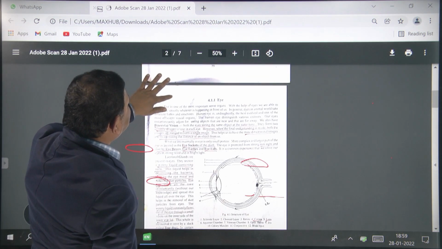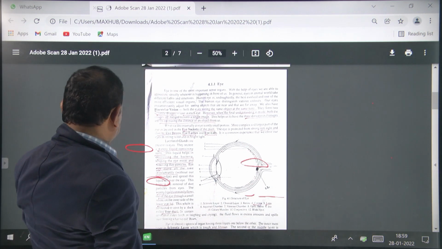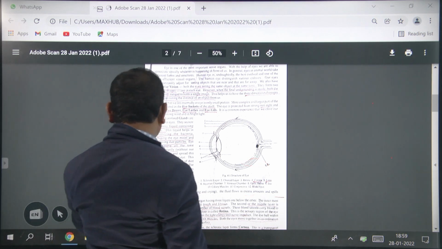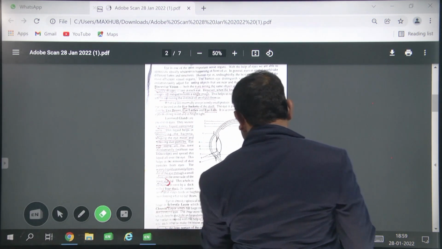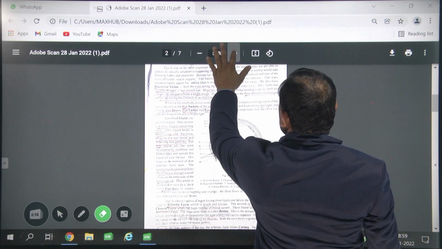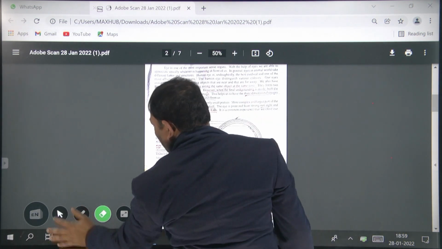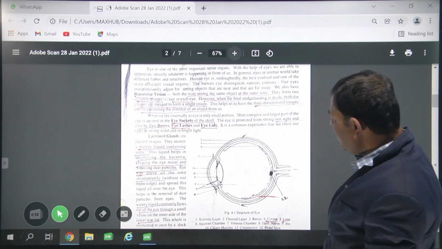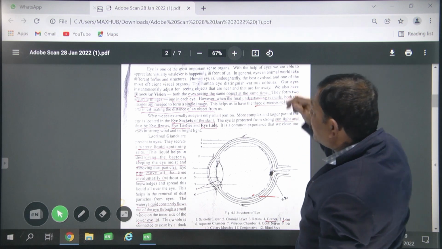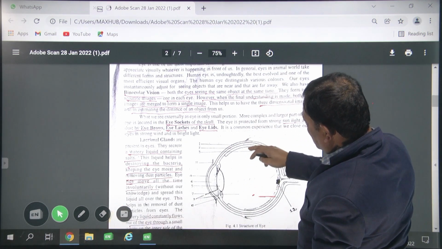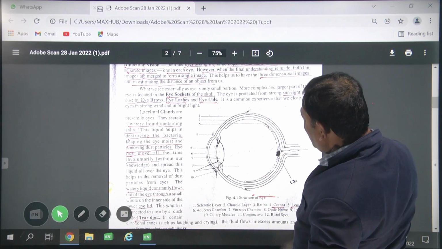Now we can discuss the eye. Is it visible? Zoom. Oh, just a minute. Is it visible? Okay. So now you can see that